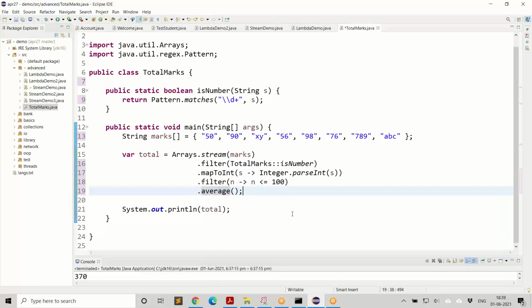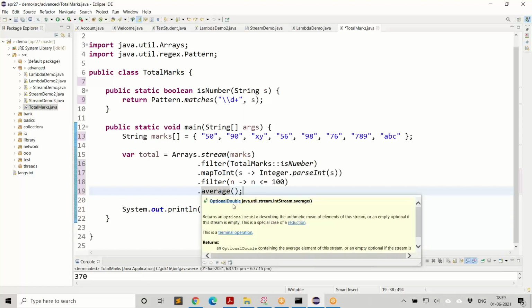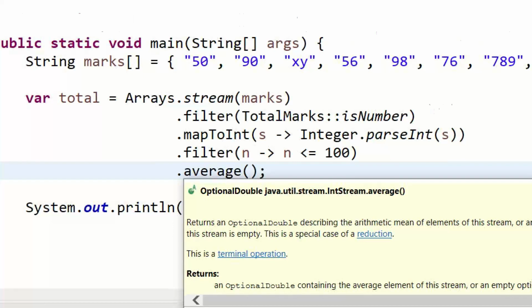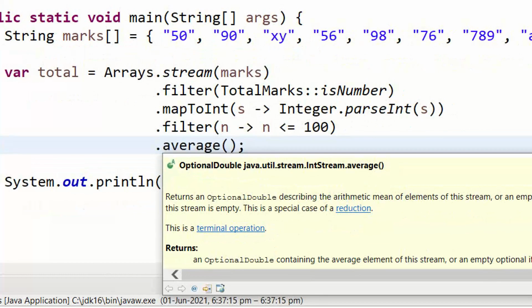But there is a small problem here. Average is not going to give you a double. It gives you what is called an optional double. Of late we got something called optional double in Java, optional data types. So optional double is a data type that may contain a double or may also contain a null value.